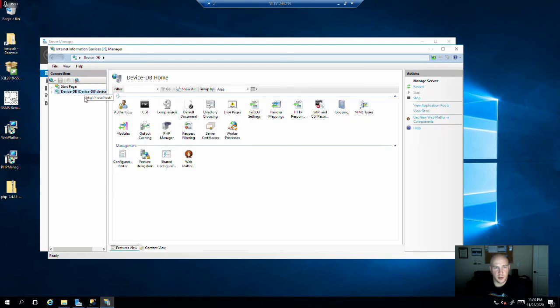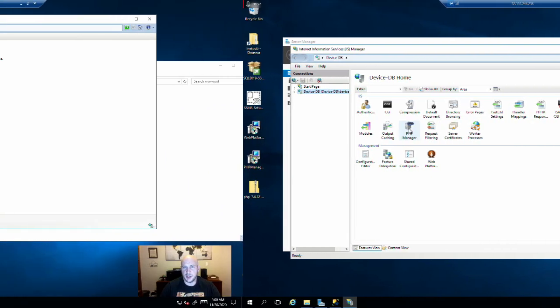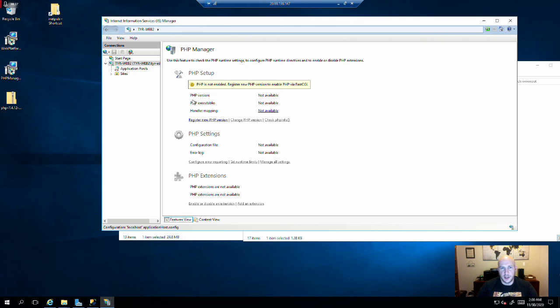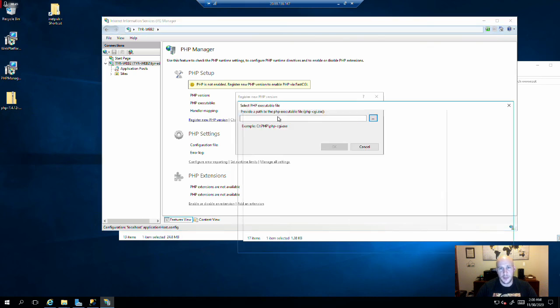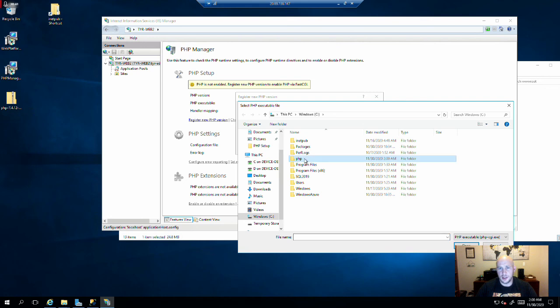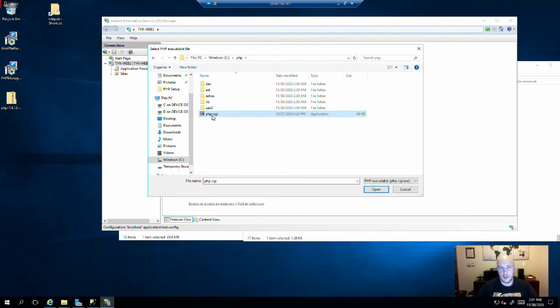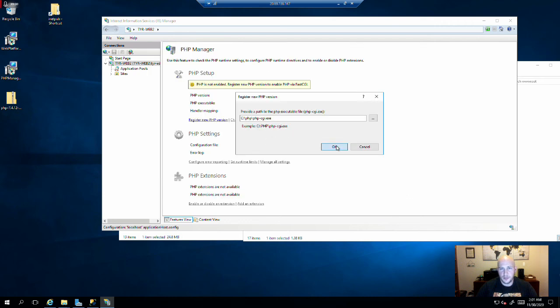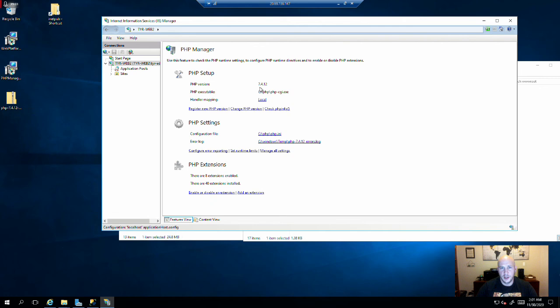And go back down here, and now we're going to see our new application that we installed earlier, this PHP Manager. And you'll see nothing's available. It's not recognizing the PHP that we've installed. So what we're going to do is register a new PHP version and navigate to C PHP and this CGI right here. I'm going to move this up so you can see PHP CGI. Hit open, hit OK, and now we have our new PHP version 7.4.12,